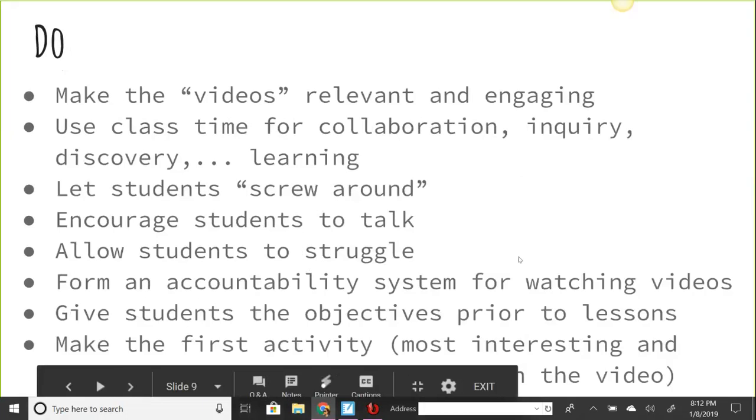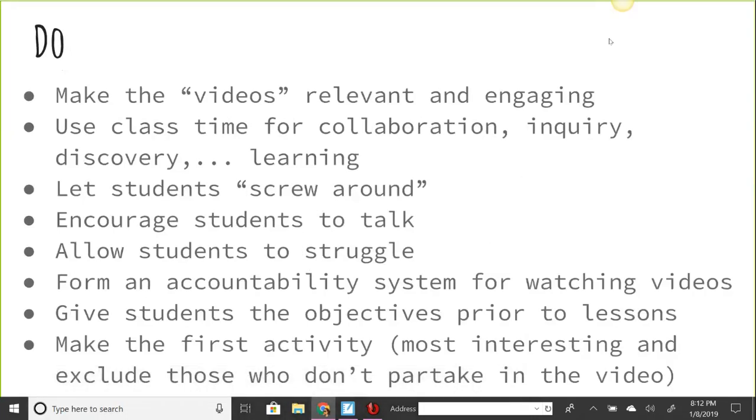All right, so what we should be focusing on when we do these flipped classrooms. You want to make sure you make your videos relevant and engaging. One of the things that comes up, and there's a lot of talk about when we talk about flipping our classroom, is the idea of editing our videos. Now, there are a couple of us in my school that flip our classrooms. Actually, all 3 of the high school math teachers in my school flip the classroom. One of them prefers to edit his videos.